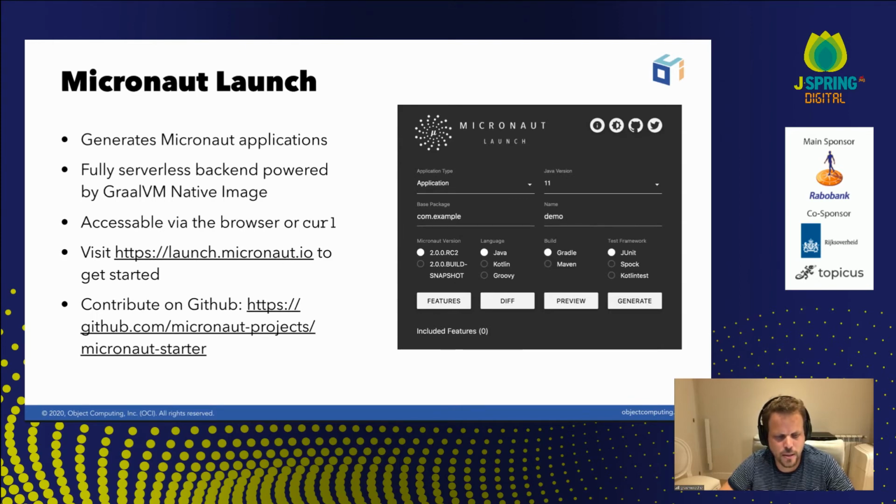It's an interesting source repository because it demonstrates building from the same code base written in Micronaut a command line interface that is built into native images for Windows, Linux, and Mac OS, plus a server application that is continuously deployed as a native image in GraalVM to AWS Lambda, to Google Cloud Run, to Azure Function, and to various other serverless platforms. So it's a very interesting project if you want to look, for example, at using Micronaut and native image and Graal in general. Check it out.